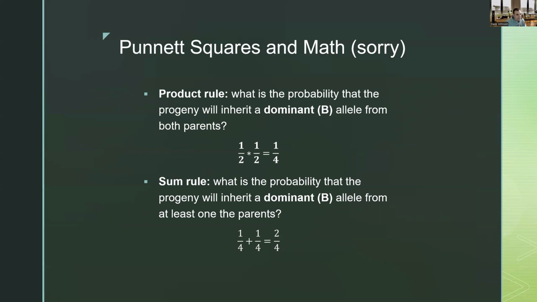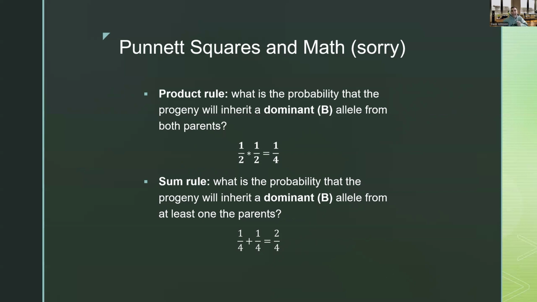So again, I have talked about this in some of my other videos. I'll show you a Punnett square here in just a minute. But in reality, what we're doing with Punnett squares is just making a graphical depiction of the probability of inheriting certain alleles from your parents. When we talk about the product rule versus the sum rule, it depends on what question we're asking. So, for example, if we're asking, what is the probability that the progeny, the offspring, will inherit a dominant allele